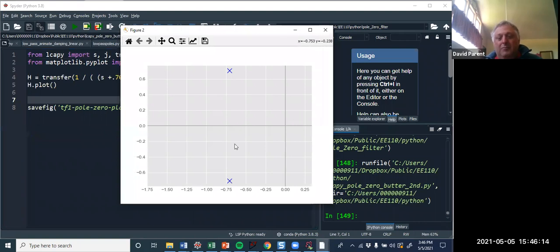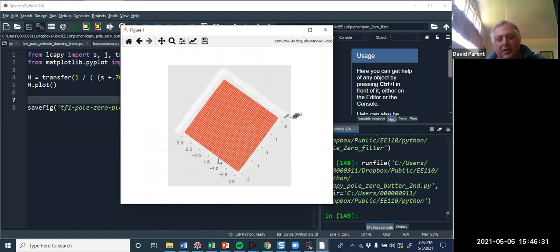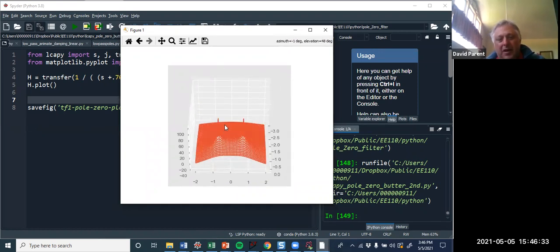Right, this is the complex plane. Here's the real, here's the imaginary, and there's two poles, right? That means this is going to infinity right there, if it was in 3 dimensions. And so, yeah, that's coming out towards infinity. And then if I rotate it back to you,